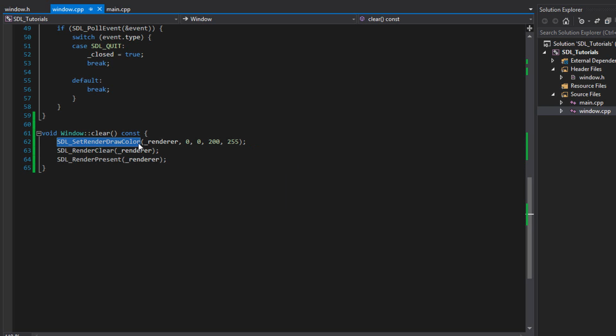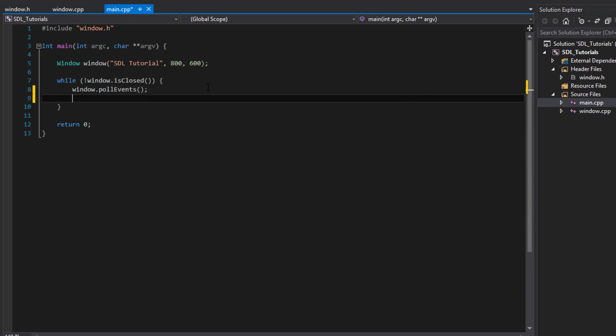Set render draw color just sets the color we want to make the renderer. SDL render clear actually gets the color onto the renderer, and then render present actually puts the color onto the screen. If we go into main, we can actually keep calling this clear function while the window is not closed. So while the window isn't closed, it's going to keep the color on. So window.clear,